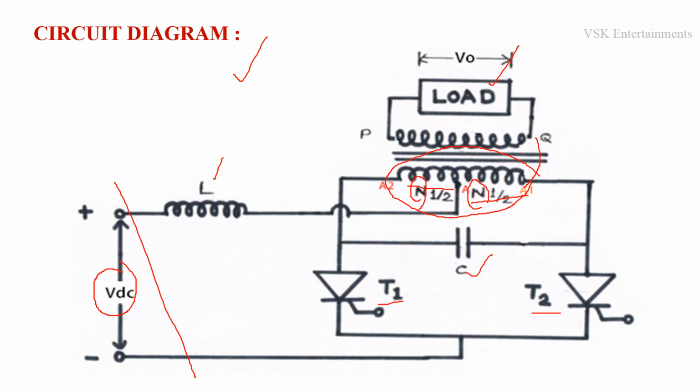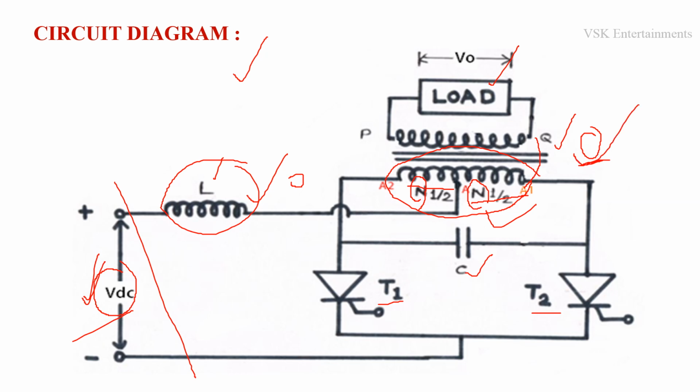Generally, for a DC supply, the induced EMF across the transformer is 0. Here we are applying DC and using a transformer. In order to get some voltage across the transformer, we connect an inductor between the DC supply and the primary winding of the transformer. Due to the property of this inductor, we convert this DC to AC, and this AC is applied to the primary winding of the transformer. Then we get some induced EMF across the transformer.